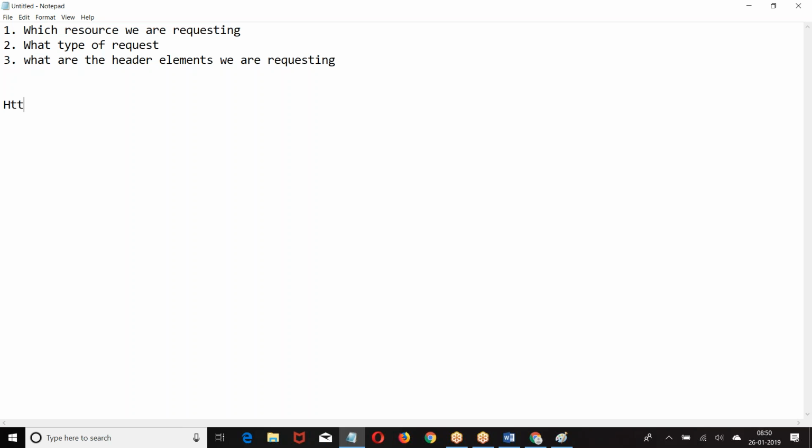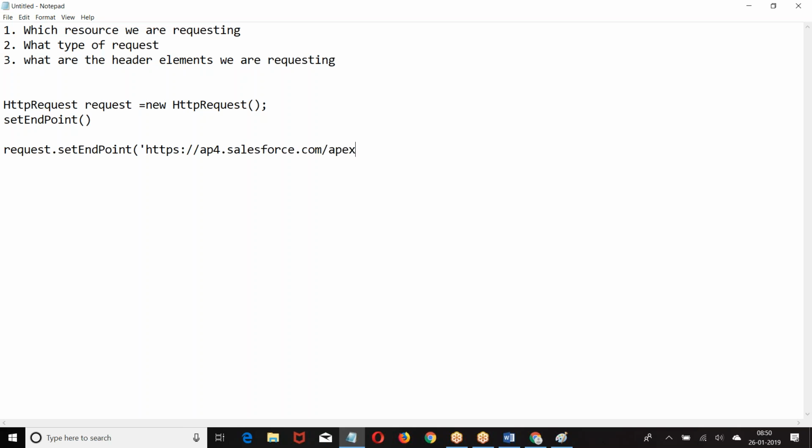Look at the point. HttpRequest equal to, then the first one, setEndpoint. SetEndpoint means tell me the URL to which you are making a request. I was supposed to give the URL of the resource.